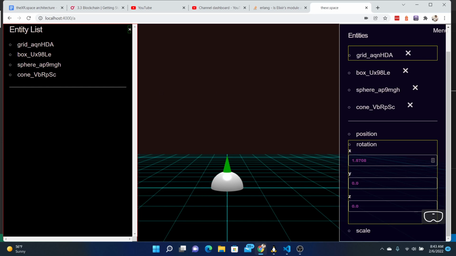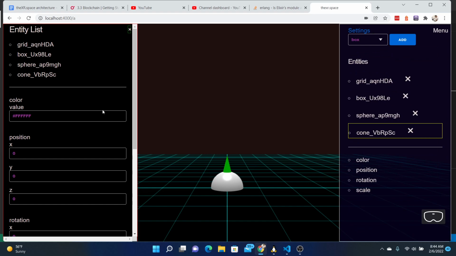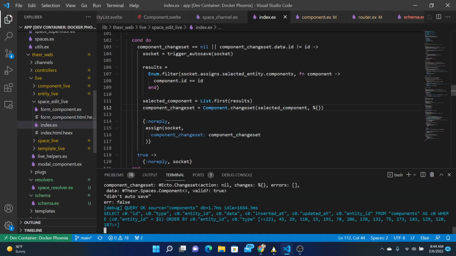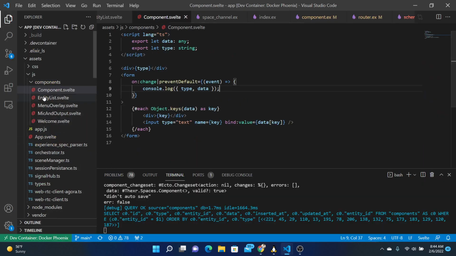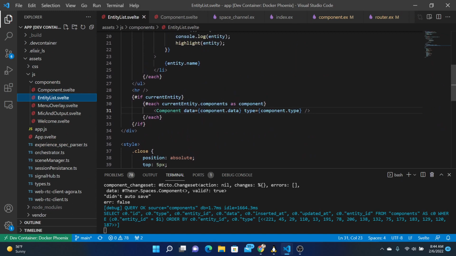Alright, so if we highlight this, we're getting all of them. Cone. Yep, colors first. And if we highlight one of them, it has the benefit of knowing which entity you're trying to edit. So we can employ the same thing by not expanding them yet on the Svelte side. So component entity list, if current entity,